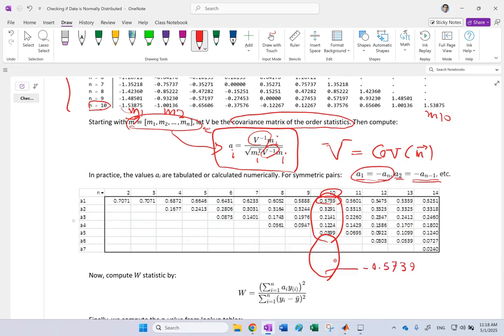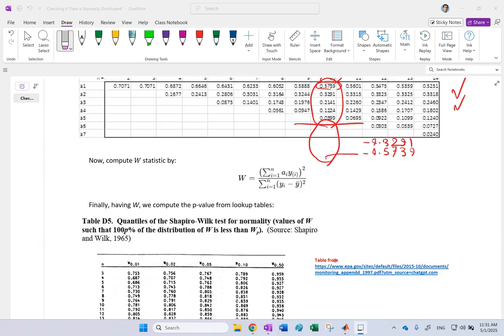If this one is negative 32, then the ninth one is negative 0.3291, and so on. So if you mirror these top 5 and negate them, you'll get the bottom 5. Okay, so now that you have all of these A's, you go ahead and calculate your W statistic by this